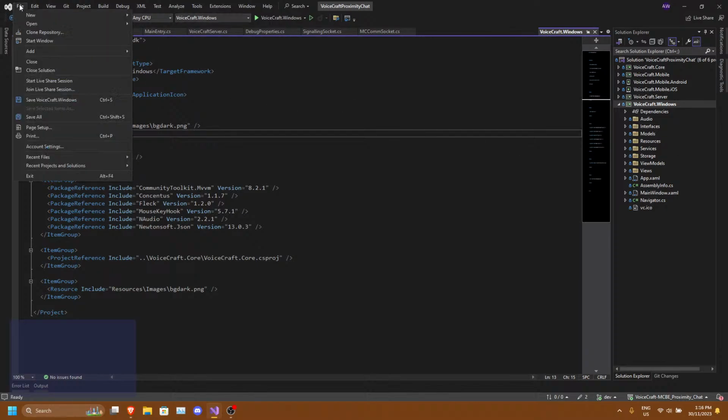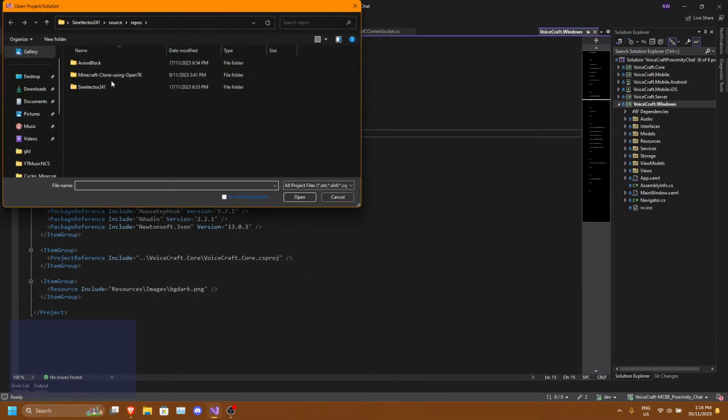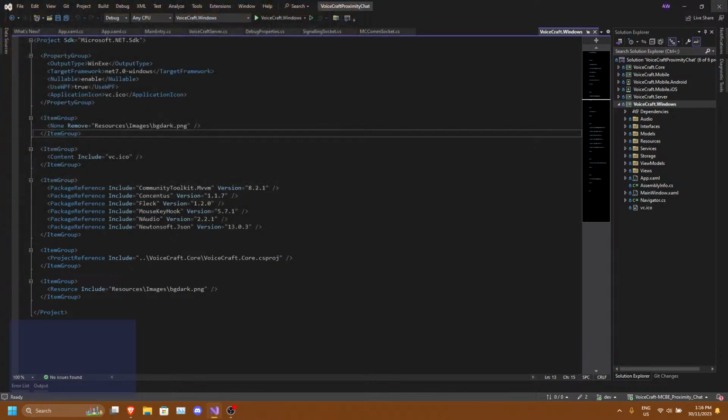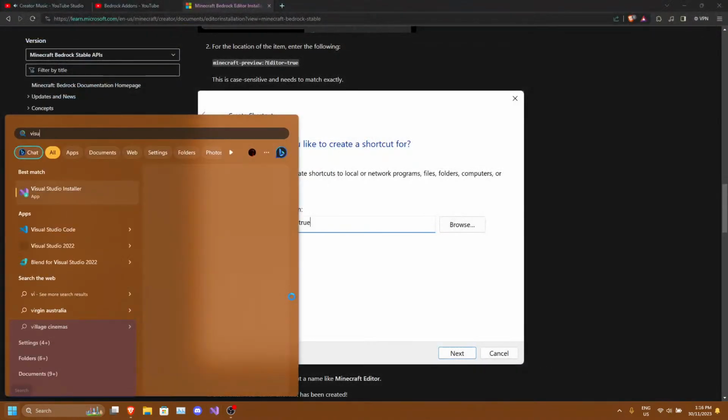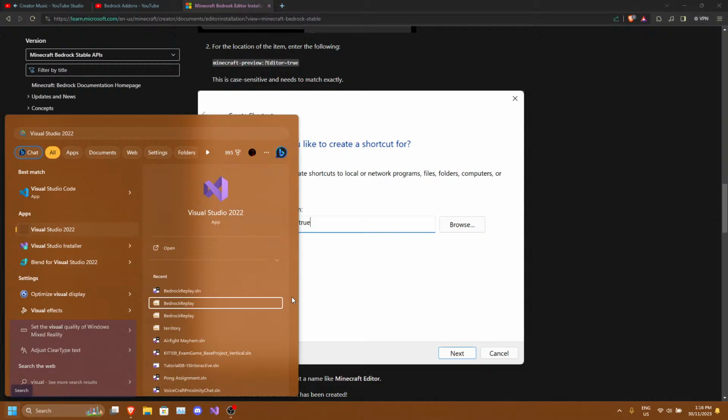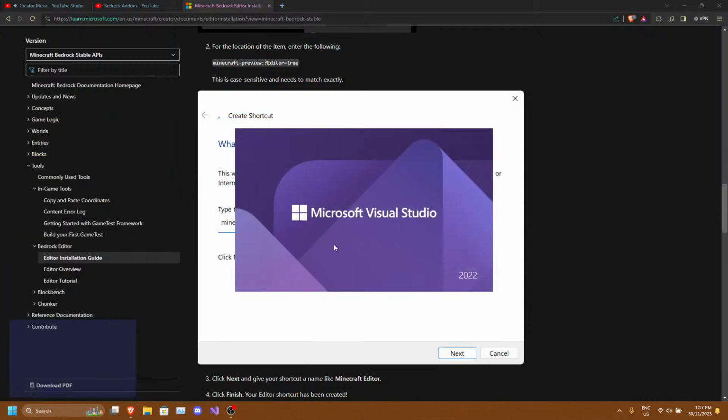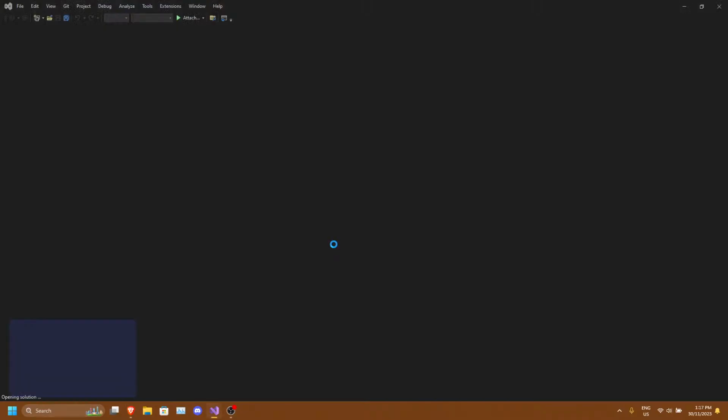And then for the Bedrock replay, let's see if I can find it. I've currently got some things working.